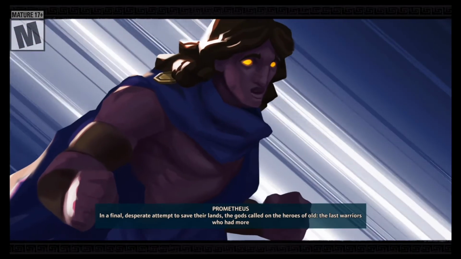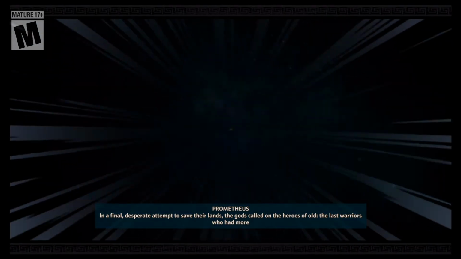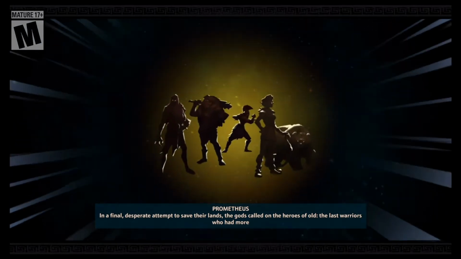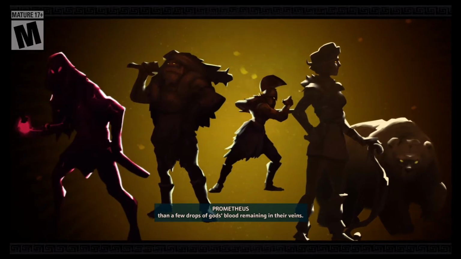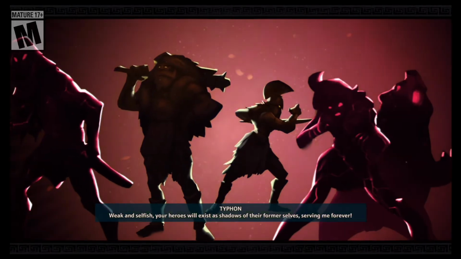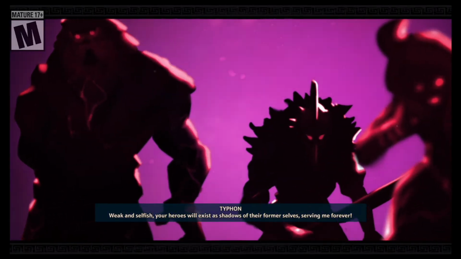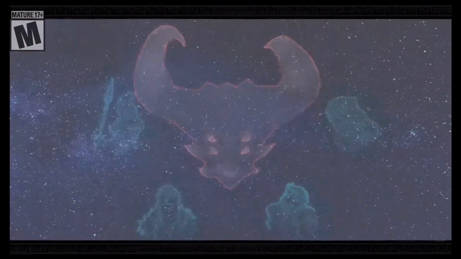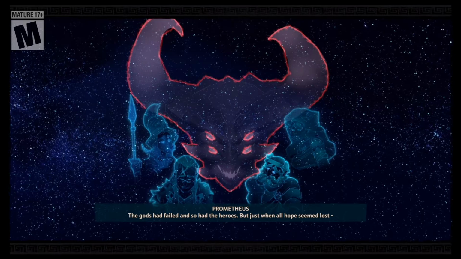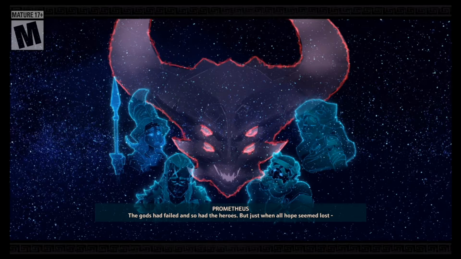In a final, desperate attempt to save their lands, the gods called on the heroes of old, the last warriors who had more than a few drops of God's blood remaining in their veins. Weak and selfish, your heroes will exist as shadows of their former selves, serving me forever! The gods had failed, and so had the heroes. But just when all hope seemed lost,